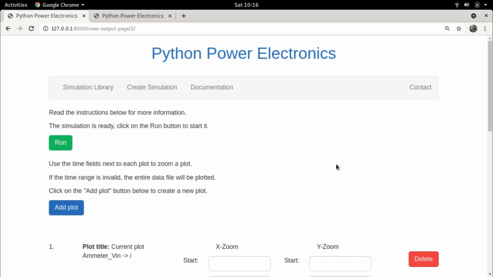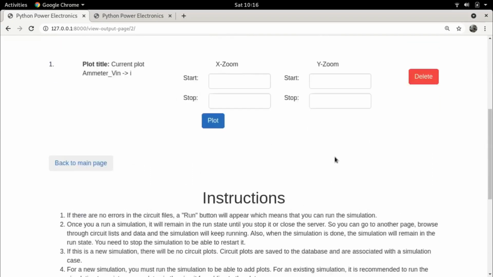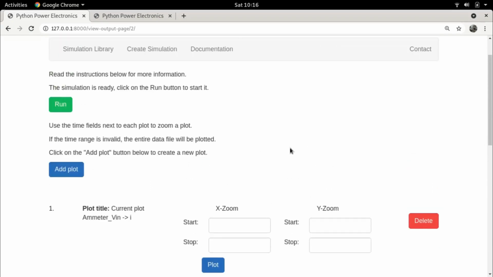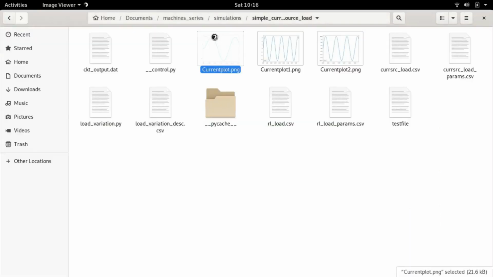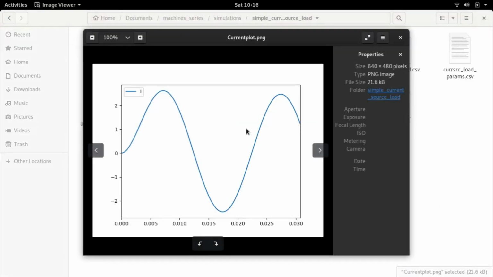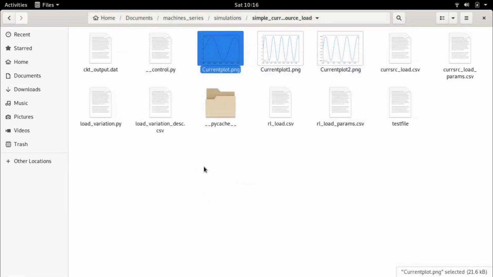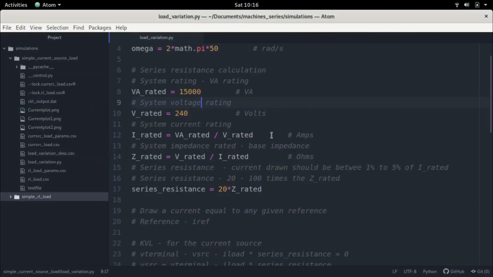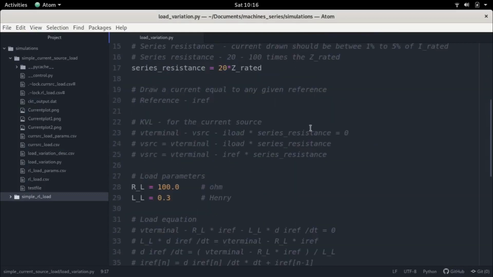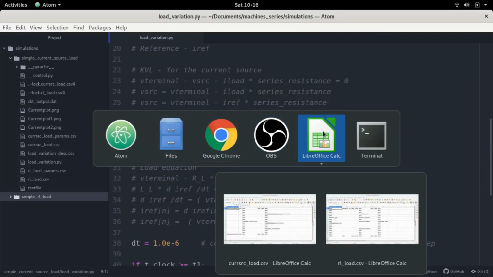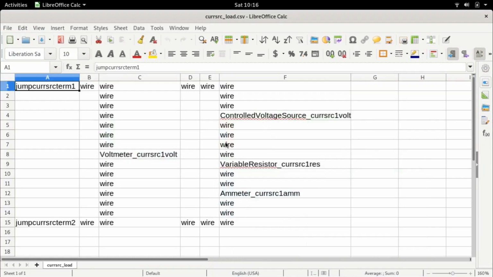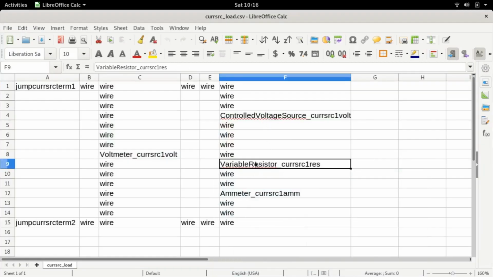Hello everyone and welcome back to this next lecture in the machine simulation series. This is where we had left off in the previous week, where we had simulated the current source. Just to recap, we had eventually generated a current plot, and this current plot is generated with respect to a current source that is programmed. As we already said, this current source is a voltage source in series with a resistance. That is, a control voltage source in series with a resistance.